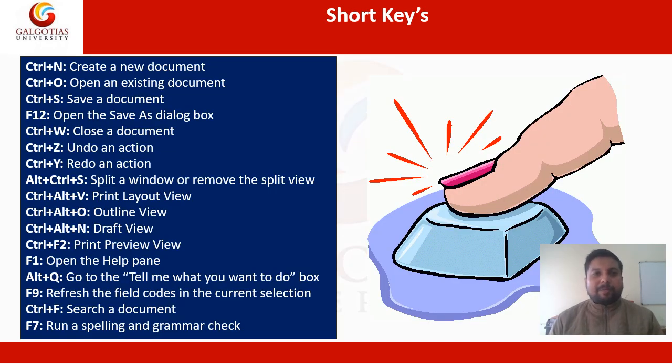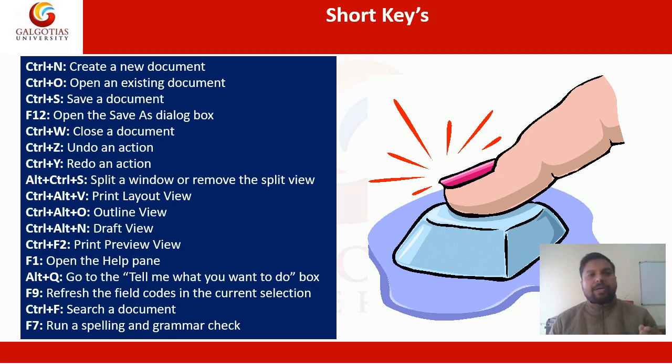So here is an important part whenever we are working on our laptop, or whenever we are working on any application. We have to work with the mouse and move from one tab to another tab. Okay, so that is very time-taking. But when we are fluent in that application, we use shortcuts. Shortcuts means the combination of two keys to create an effect.